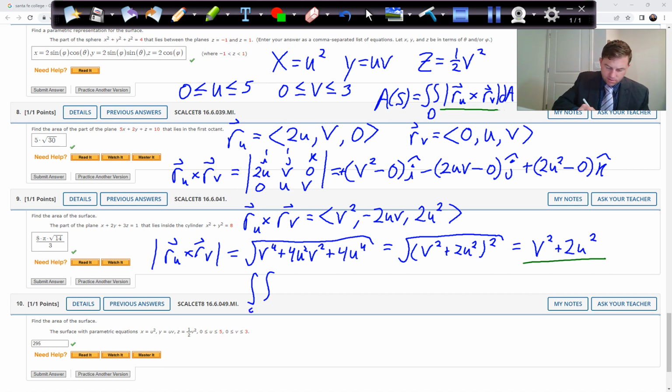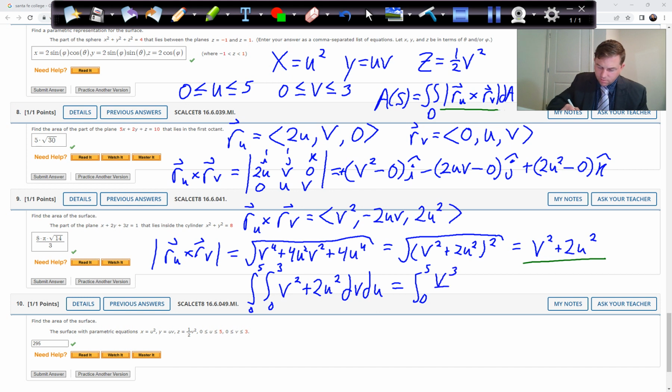We're going to have the integral from 0 to 3 of v squared plus 2u squared, and I believe I'm doing dv du. So we're going to get, this is 0 to 5 of v cubed over 3 plus 2u squared v from 0 to 3